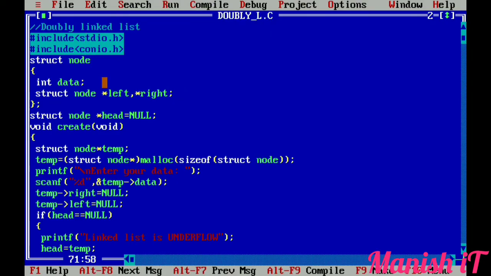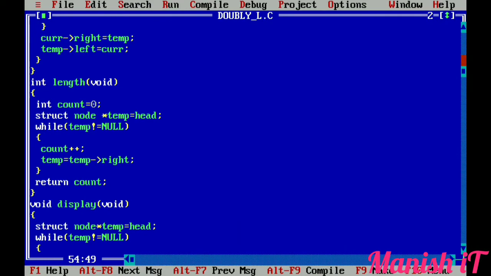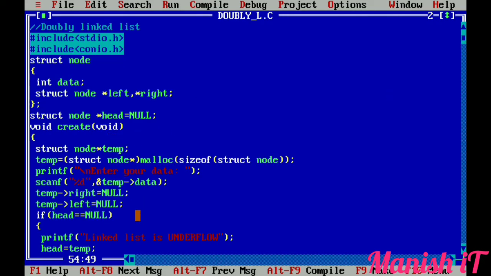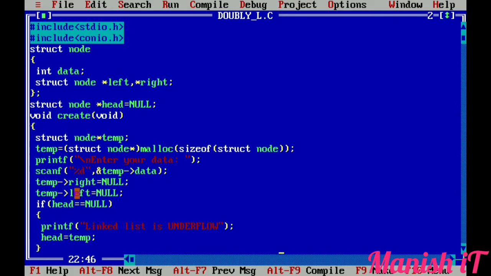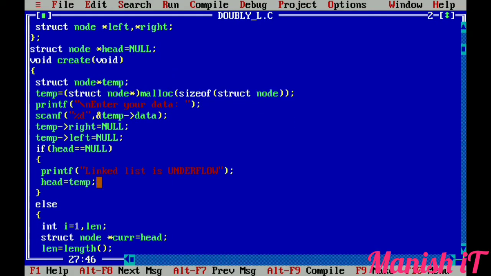See here, whatever I have discussed is all implemented here. I have already discussed struct node, which is global. Here the declaration and definition are done simultaneously. Initially head is null, and the create function is called. I have already discussed the create function in detail, so I will show you. After the create function, whatever I implemented there is the same here.